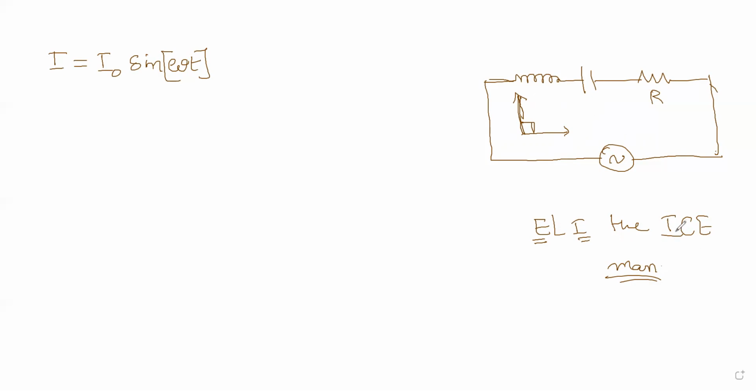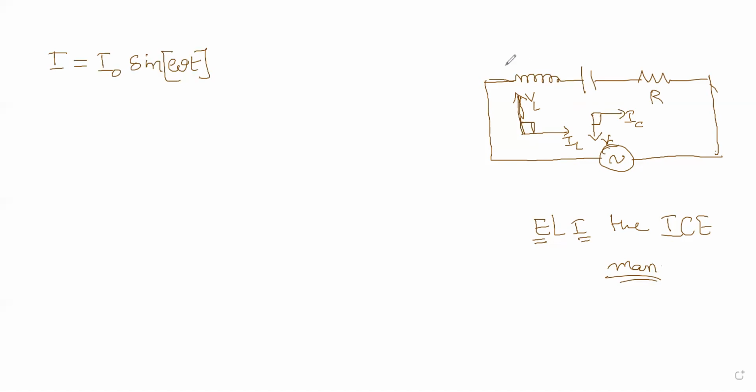And now ICE means the current leads the voltage in the case of a capacitor. So if I take current like this, the voltage will be like this. So both will have an angle of pi by 2. Now this is V versus I. This is how you have VC and IC, and this is VL and IL. So that's how one can represent the current passing through the inductor and the current passing through the capacitor.